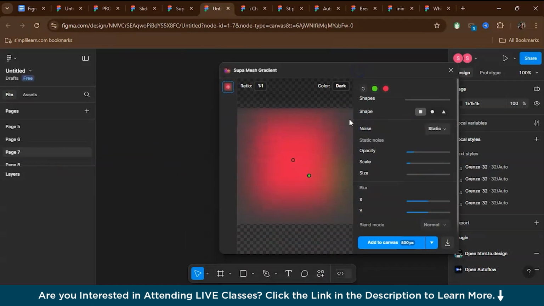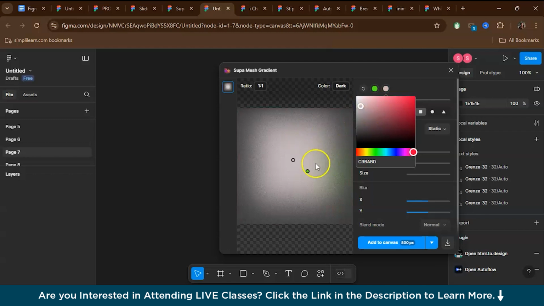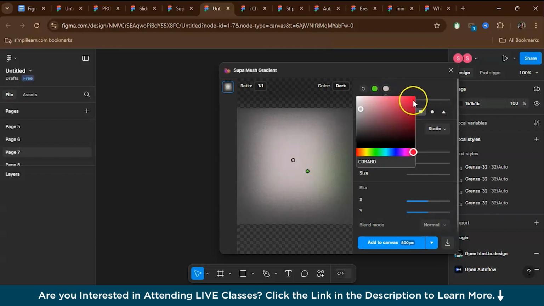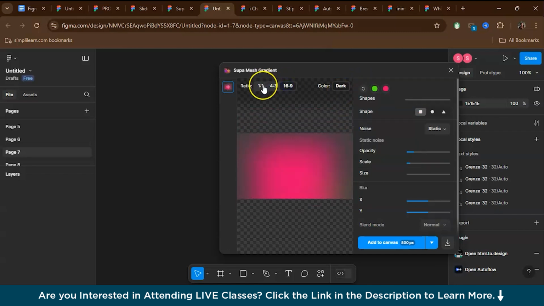So here's how it works. First of all, you have to select the color palette. Pink and green is already selected. Let's select more colors. We'll select a bit of gray. Okay, this is gray. We can even change the shapes. If you want, we can try the rectangle. You can keep it ellipse, you can keep it square. Gray doesn't look that good. Let's go back to red itself. Yes, red is fine. You can even change the ratio, but let's just keep it 1:1.